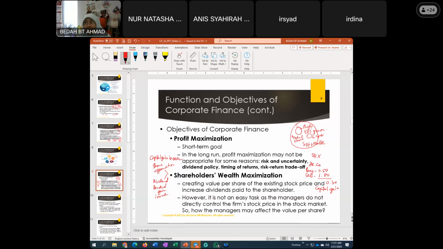This price does not represent the real value, or what we call the intrinsic value of the firm. It actually represents the price traded at the stock market, the equity market. The price trading depends on supply and demand. If a stock has high demand, meaning many investors wish to buy that stock, that will increase the price. If the stock has less demand, or existing investors sell the stocks, they increase the supply. Supply will reduce the price of the stock.